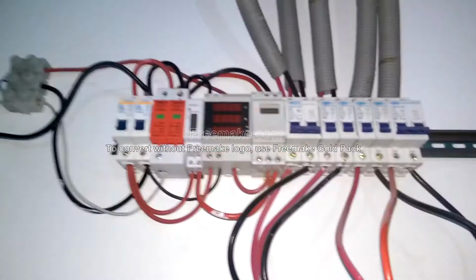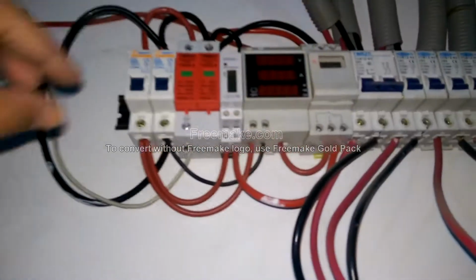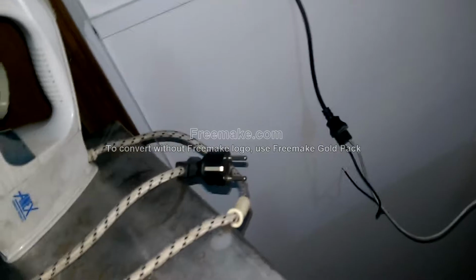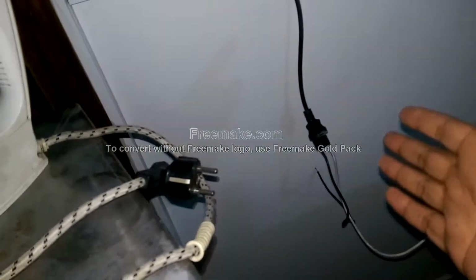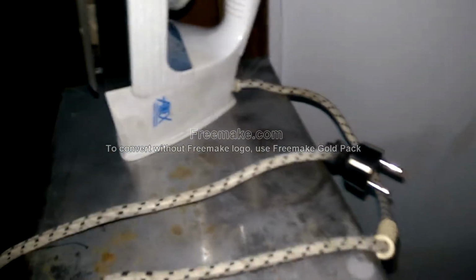Okay. Right now you can see that on the output lead of the solar inverter I have connected two wires, on the neutral, and on the line, the live wire. And over here I'm going to turn on the circuit breakers. You can see this power supply on the output lead of the inverter, and there's this iron, and I'm going to turn on this iron using this inverter, and I hope I'm able to do so